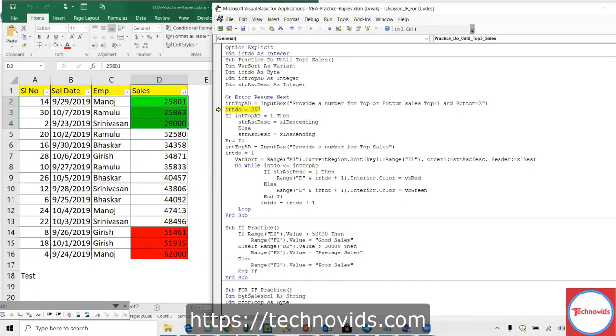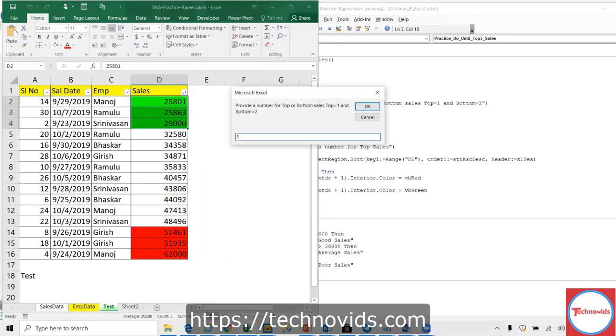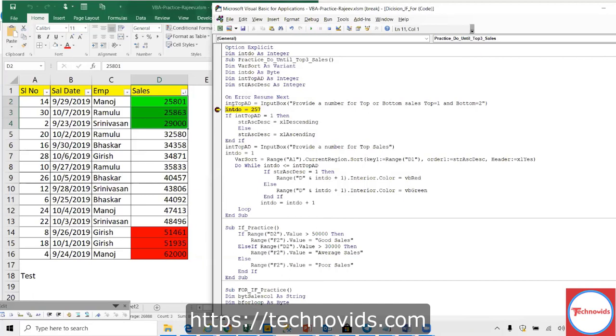This is the way you can handle those scenarios. Let me run this and give 1. Definitely this is an error, because 257 I declared as a byte. Now it's not giving the error. It's going to the next line.